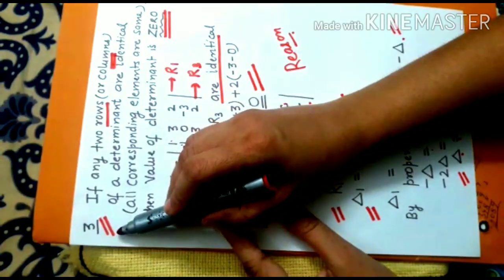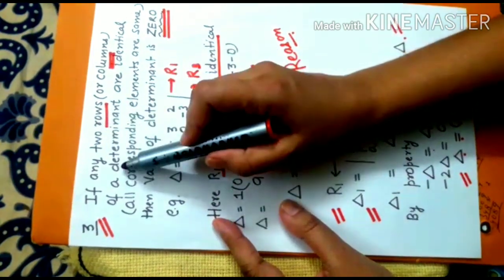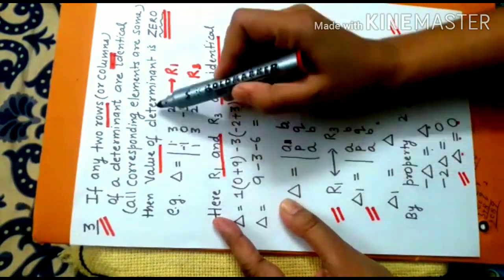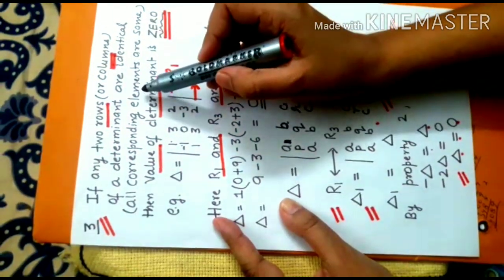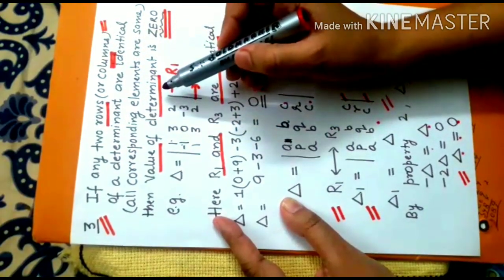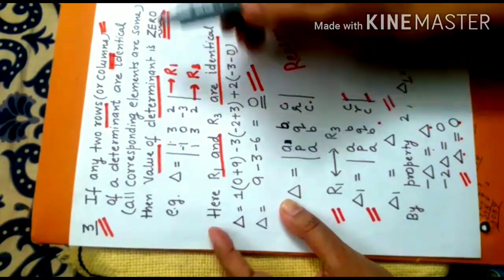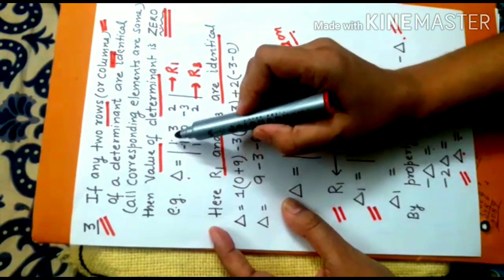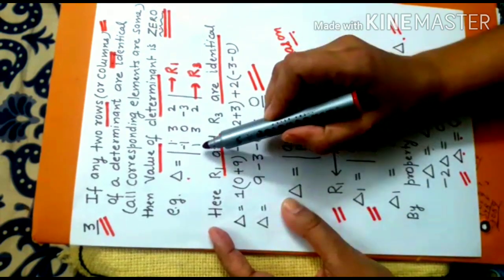Now we have the third property, which says if any two rows of a determinant are identical, then the value of the determinant is 0. And the result is also true when any two columns are identical, then also the value of the determinant will be 0. For example, consider the determinant with first row 1, 3, 2, second row -1, 0, -3, and third row